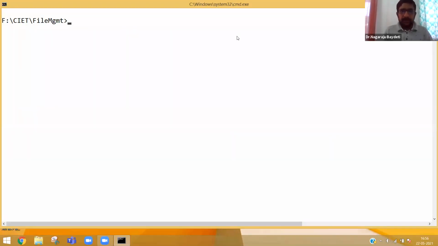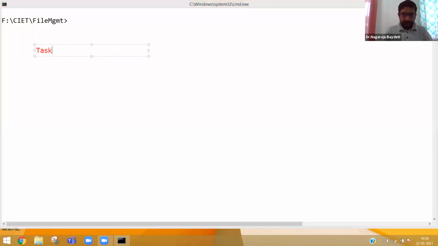Let me try to annotate and tell you the task we are going to do now. Open a file which is existing, because you cannot open a file which is not existing for reading purpose, in read mode.